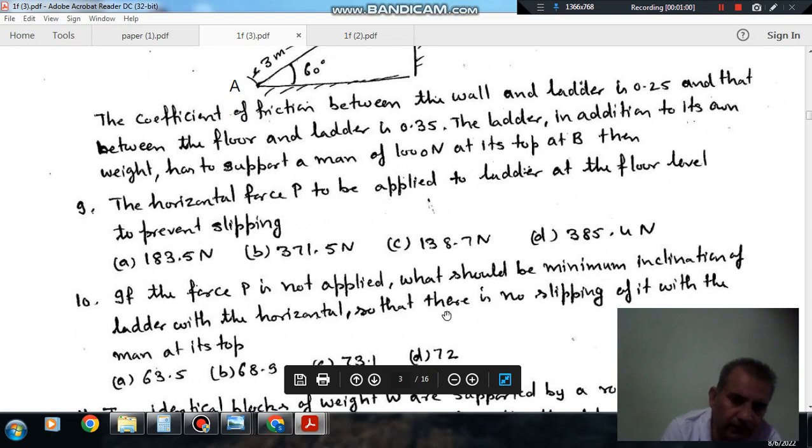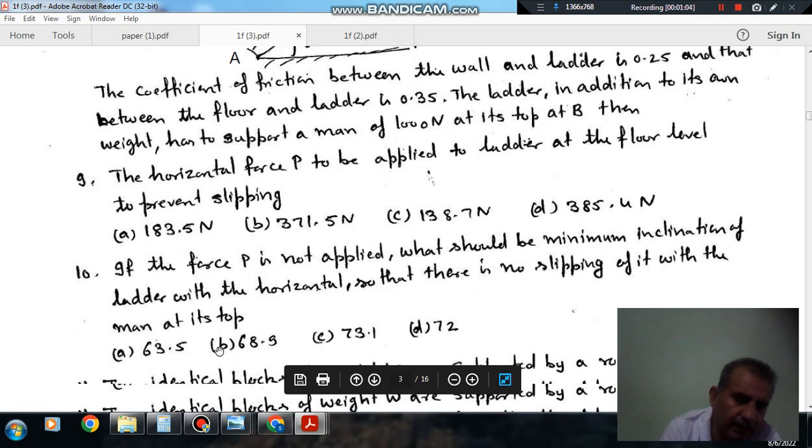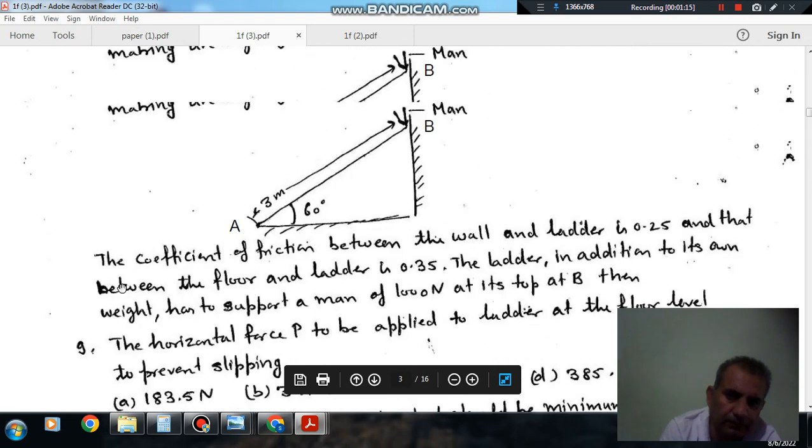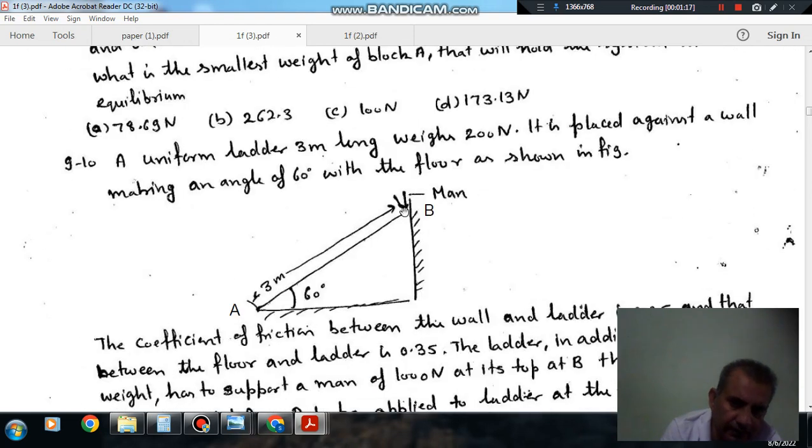Question number 10: if the force P is not applied, what should be the minimum inclination of the ladder with the horizontal so that there is no slipping of it with the man at its top? Option A 63.5, option B 68.9, option C 73.1 and option D 72. So this is the ladder and here there is a man, in the first case, weighing